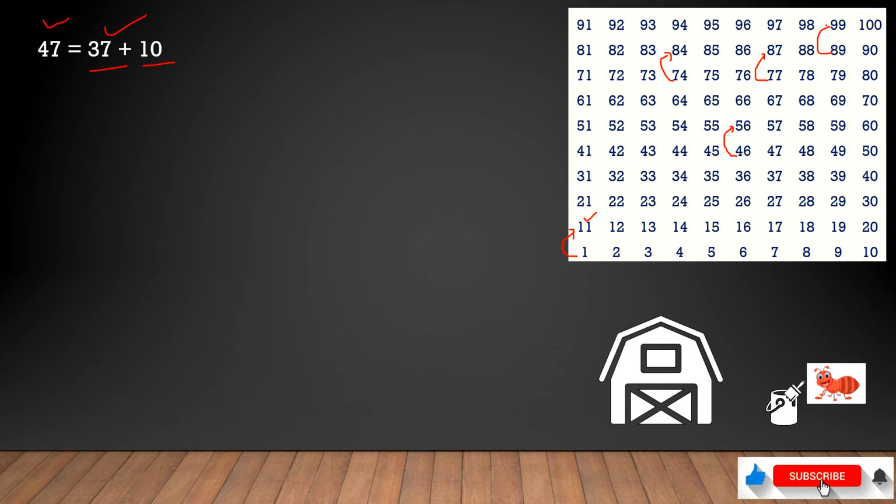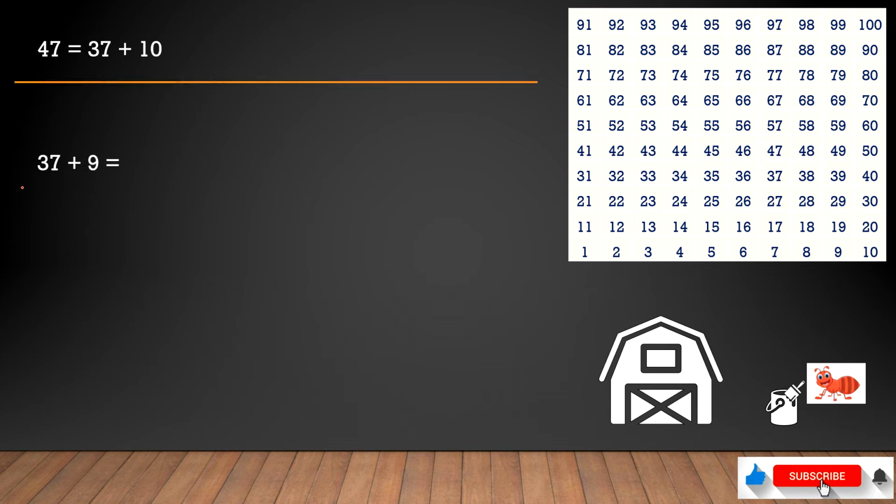So in 89 if you add 10 you reach 99, 59 you add 10 you reach 69, 62 you add 10 you reach 72. So that's how you can add 10. Similarly, if you subtract 10, you will move one row down. So in 95 you subtract 10, you will reach 85. 98 you subtract 10, you will reach 88. 56 you subtract 10, you will reach 46. So using this approach, we'll start solving the questions.